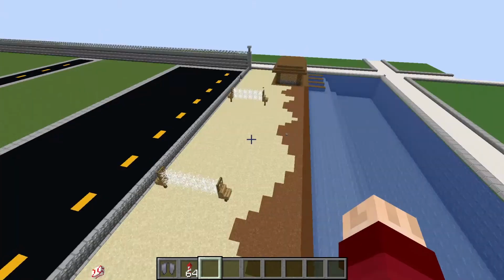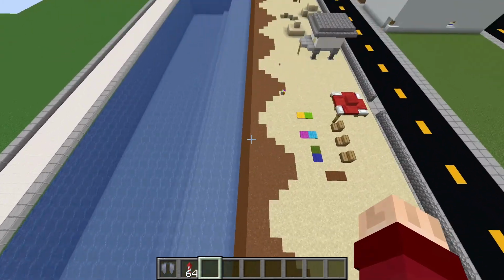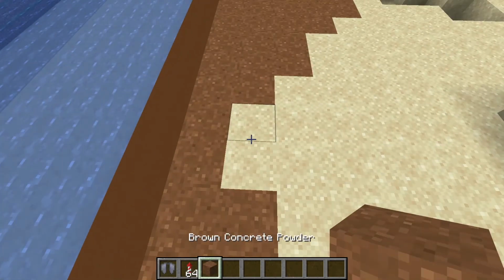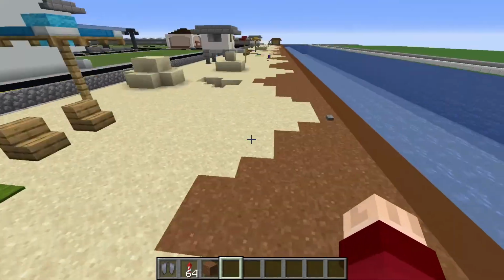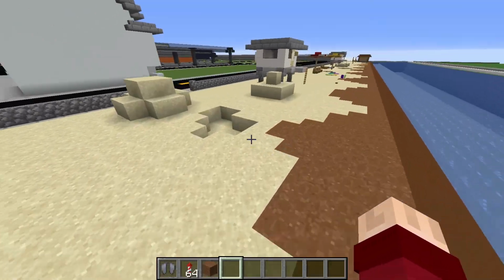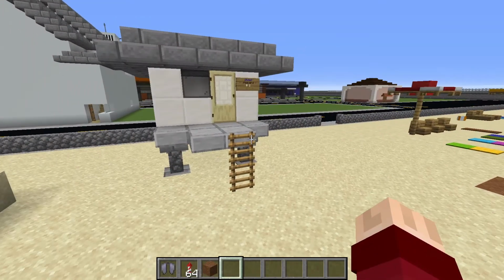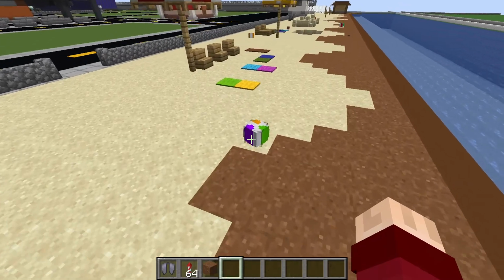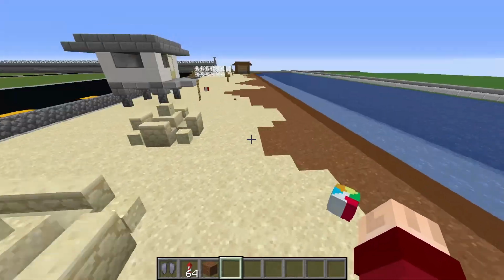So let's get started. Okay, this is West Palm Beach. It's a nice, chill spot. I used some brown concrete powder to imitate wet sand. We got rocks and chill out areas and tiny rocks, holes, hills, lifeguard houses, beach balls, hangout places, sand castles,